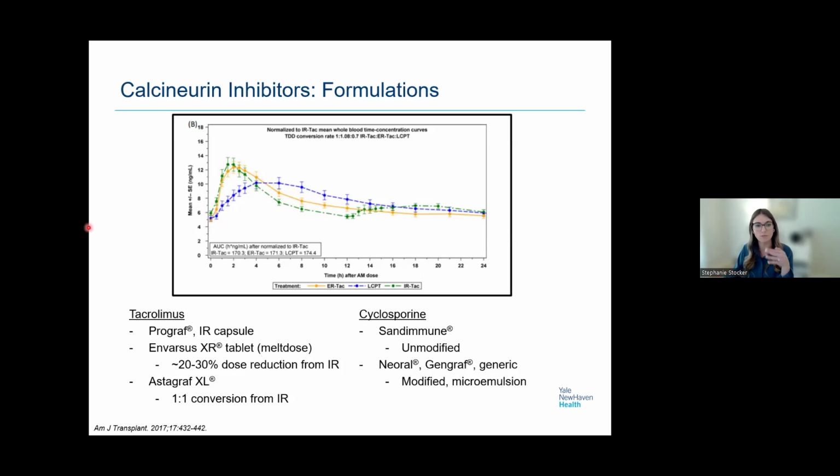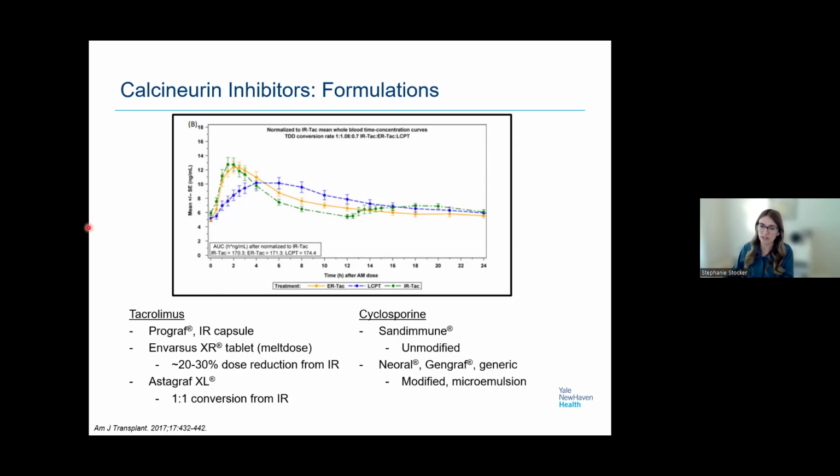And so there's been some data to show that Envarsus may have lower rates of some adverse effects. So it's becoming more commonly used. And then cyclosporin is still used, and there are kind of two different types. There's the unmodified and the modified microemulsion. The unmodified version is more dependent on bile for absorption. It's got lower bioavailability, and there's a lot more interpatient variability and variability from day to day within a patient